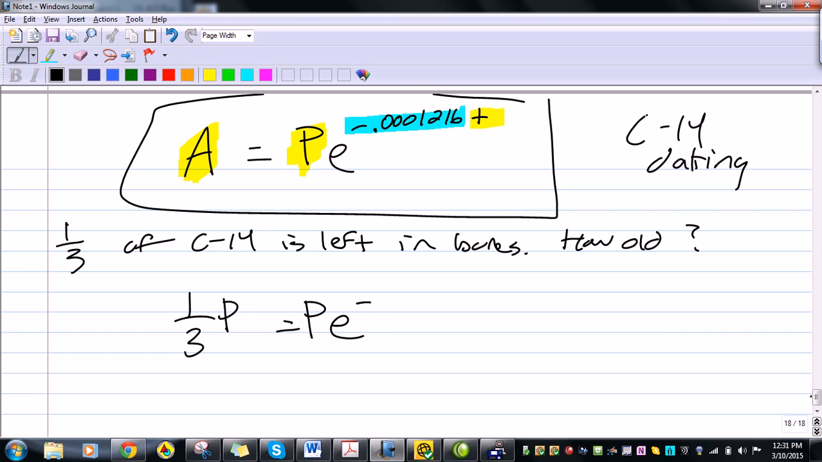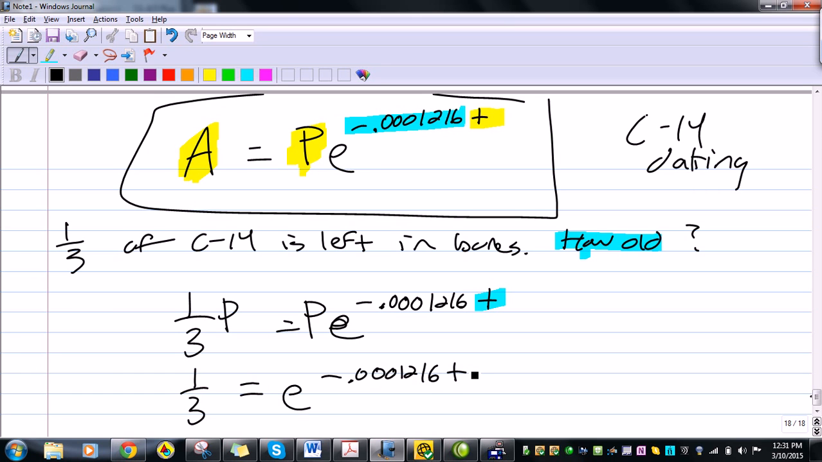And then e to the negative 0.00011216 t. Right? I want to solve for t. How many years? I want to solve for t. How old? Okay? Well, you might say there's one too many variables, but e, remember, is not a variable. It's a constant. It's about 2.718. Right? And then what happens to the P's when I divide both sides by P? That's right. They go away. And now I'm right back to an exponential equation with the variable in the exponent, and we use